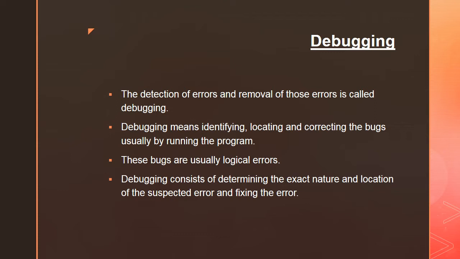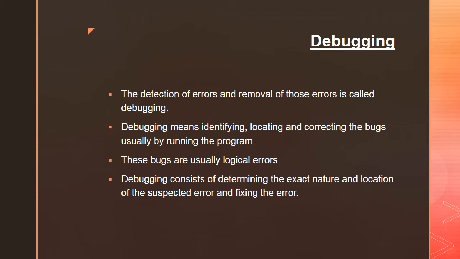So debugging is the process of removing the errors that have occurred in the software program, and this process starts after the software has failed to execute completely, or has failed to fulfill all the expectations of the user, and after the testing process we have found various kinds of errors. Therefore we call it debugging. In the debugging process we identify, analyze and remove all those errors that have occurred in the program. This debugging activity begins whenever the software fails to execute properly, and it ends when we solve the problem completely and successfully test the software.